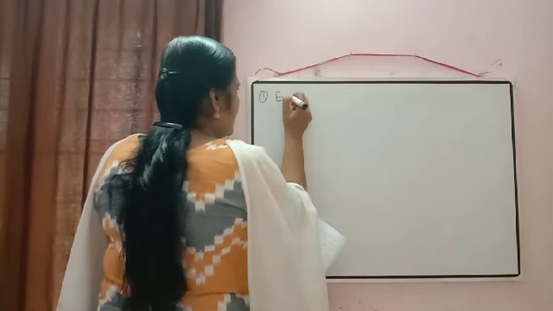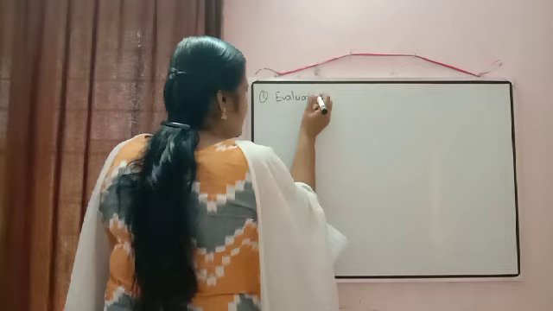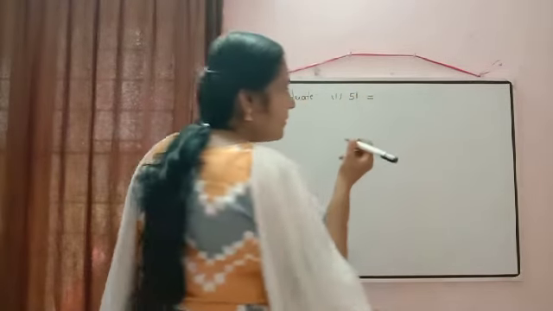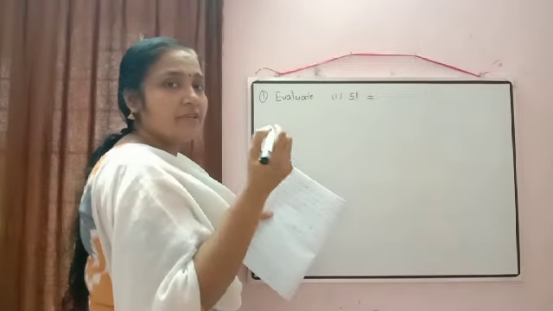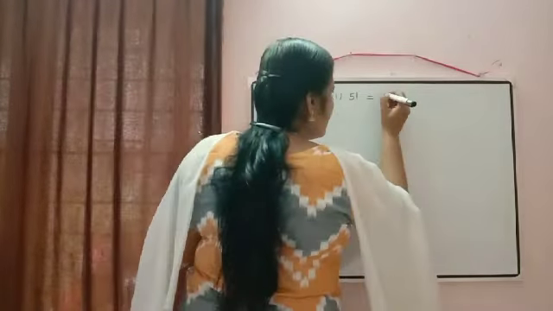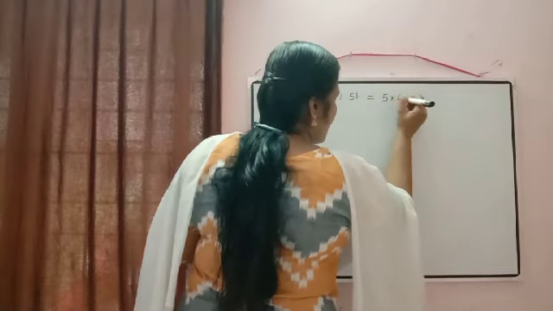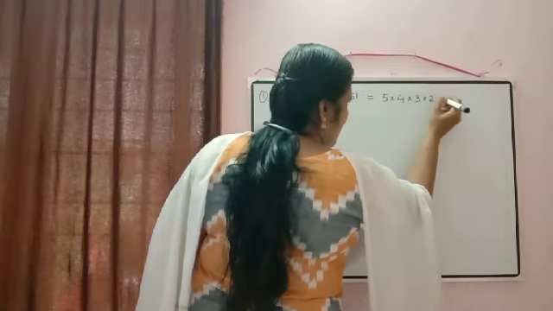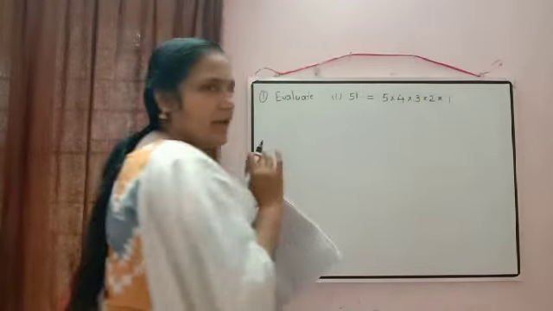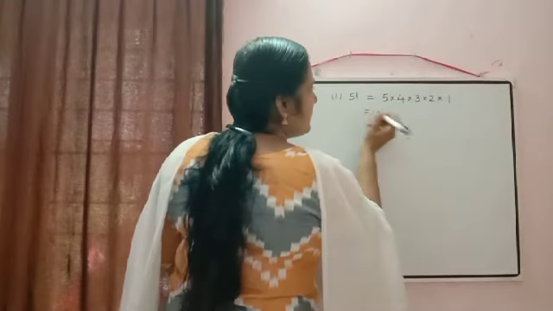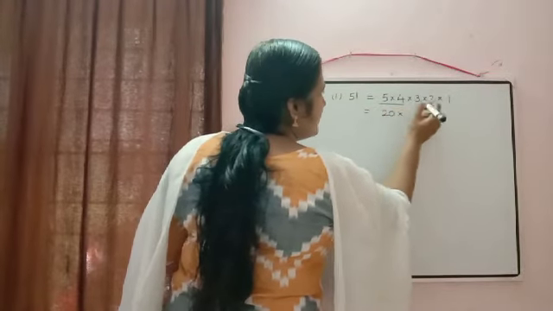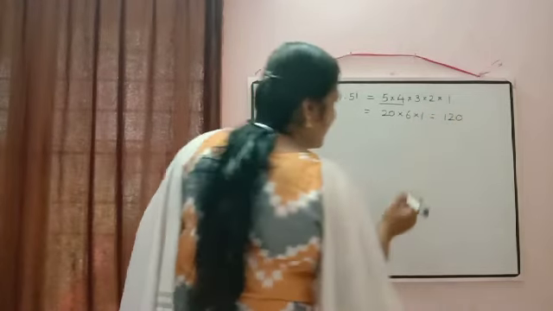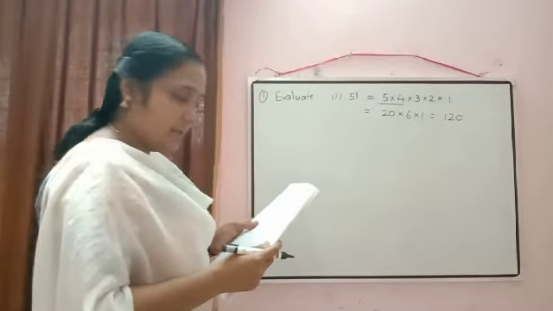In evaluate, the first question is 5 factorial. As we know, 5 factorial means the product of the first 5 natural numbers. So you can write it this way. Start with 5 only. 5 into then 1 less, just reduce 1: 5, 4, 3, 2, 1. You have to reduce till you get the value 1. Now multiply. 5 4s are 20. 3 into 2, 6 into 1 will be 6 only. So 20 into 6, 120. So 5 factorial is equal to 120.